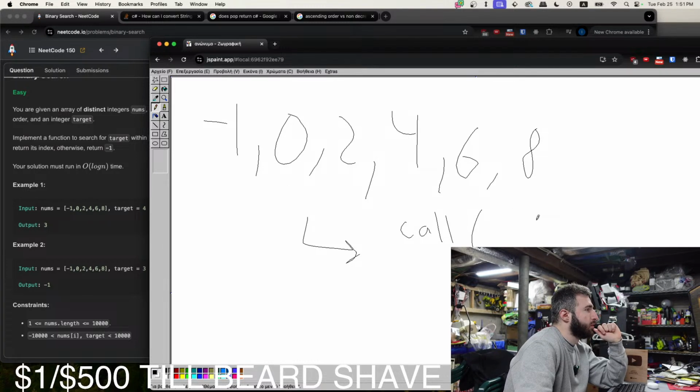So we do -1, 0. Yeah, I will say you have a good intuition, but you are trying to do a lot with just one variable. Maybe add some extra variables to help you.